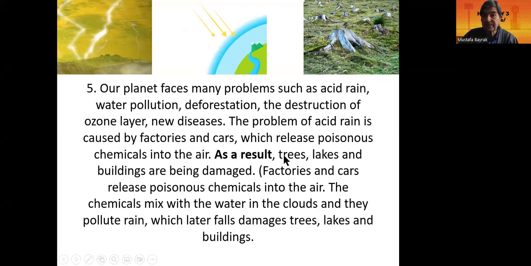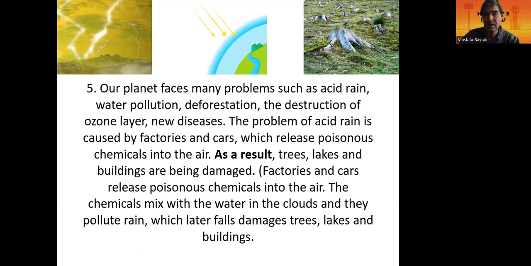As a result, trees, lakes, and buildings are being damaged. Factories and cars release poisonous chemicals into the air. The chemicals mix with the water in the clouds and they pollute, contaminate, make dirty the rain, which later falls